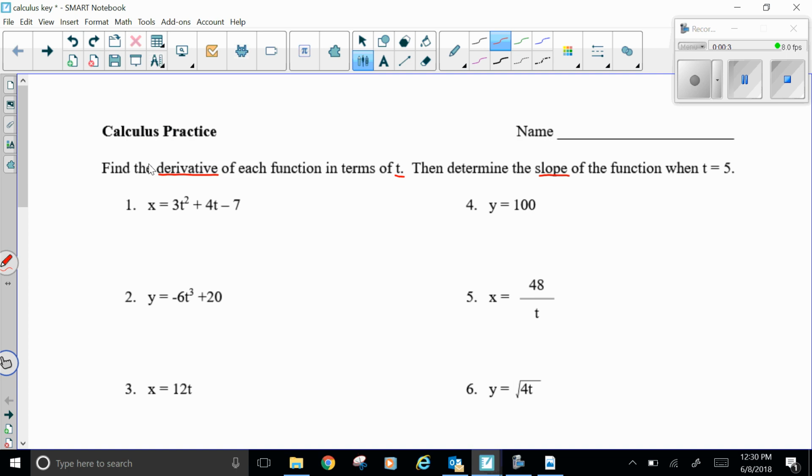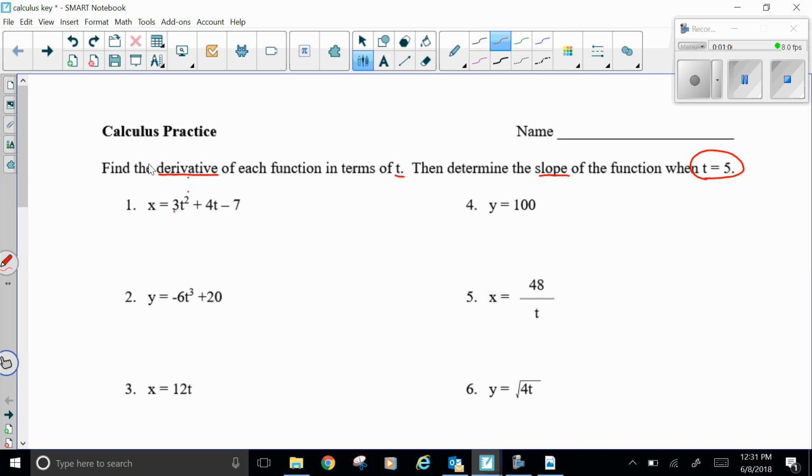So basically, for numbers 1 through 6, once we complete the first part of solving for the derivative, we simply add in t equals 5 into our equation, and we solve. So it is as simple as that. So what we'll be doing here is the power rule. The power rule tells us that we're going to take the exponent that we have for our variable, in this case it's a 2, and we're going to multiply that by our coefficient out front,